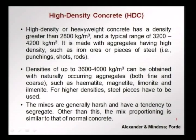On the other hand, we have high density concrete or heavyweight concrete which has densities greater than 2800 kilogram per meter cube. A typical range would be 3200 to 4200 kilogram per meter cube, and this is concrete that is made with heavy aggregates, high density aggregates such as iron ore or pieces of steel such as punchings, shots and rods. Densities of 3600 to 4000 are obtained usually